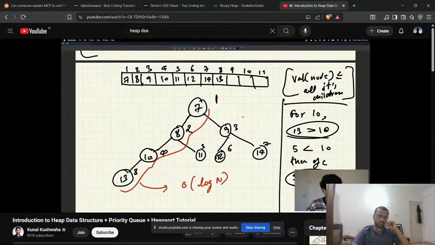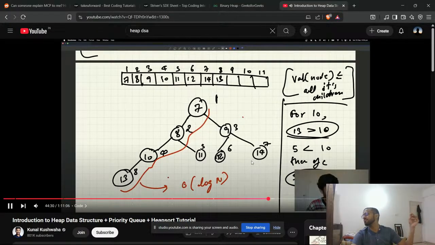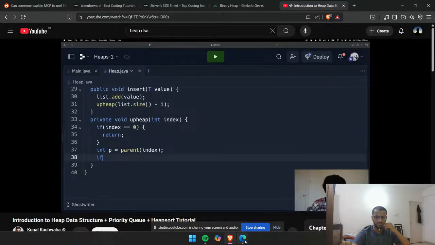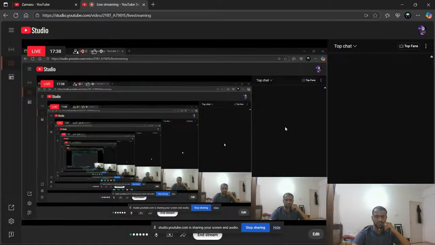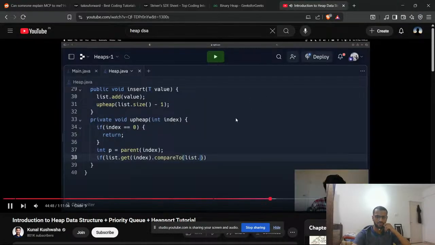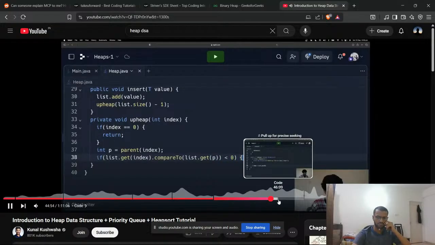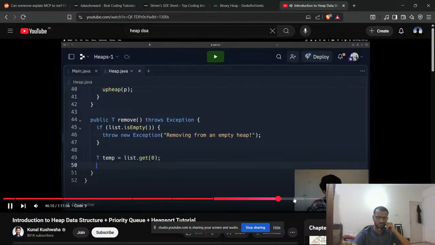Then just return, nothing else needs to be done. Start checking for the parent. So if I added stuff over here, I'll check for the parent. Is the parent greater than the current value? So current item compareTo parent should be less than 0. Means if the current item is smaller than the parent, then swap. So if the item at this index compareTo the list.get(parent), means if the 0th index and this temp will